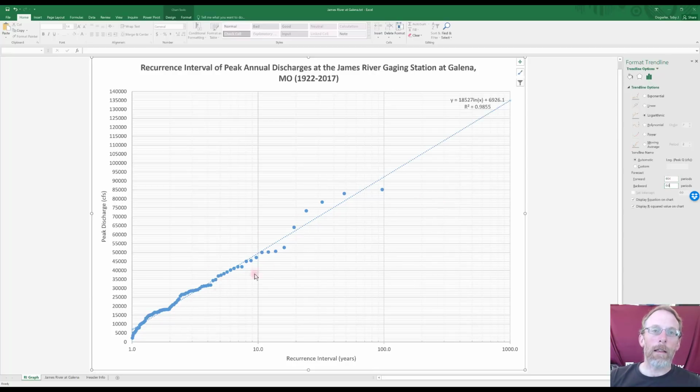So that forecasts that trend line out to the 1,000 years, which is the right axis on our graph, and that allows us to estimate, say we wanted to know the 100, 200-year flood. Looks like the 200-year flood would be approximately 105,000 cubic feet per second for the 200-year flood